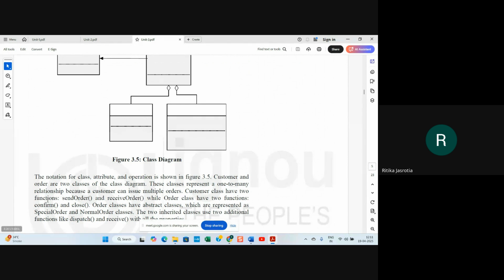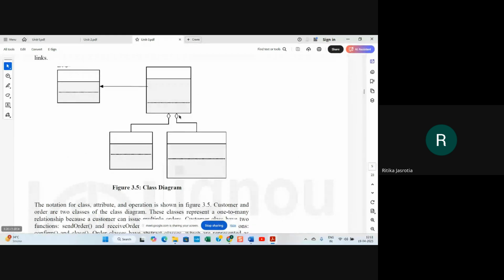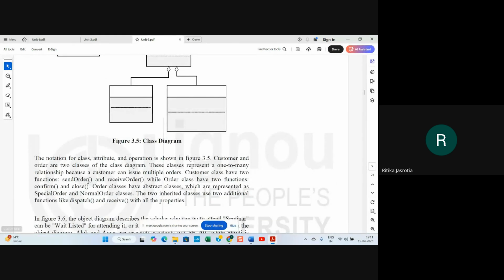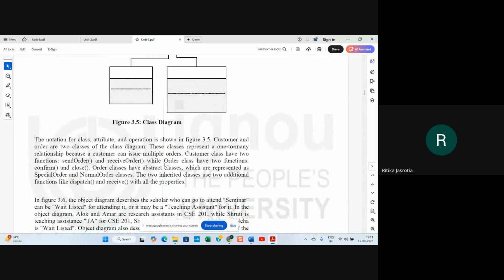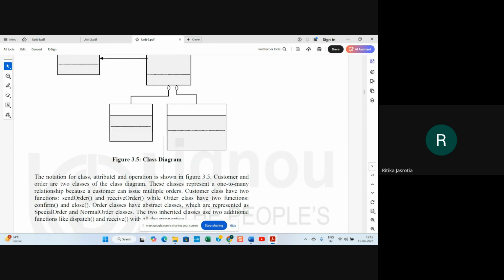Customer class has two functions, send order and receive order. So there will be two operations in the customer class. While order class has two functions, confirm and close. So order class will also have two operations, confirm and close. Order class has abstract classes represented as special order and normal order.